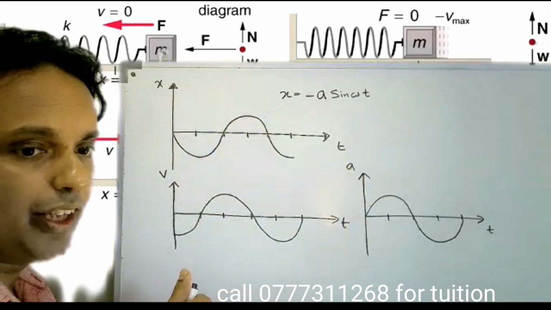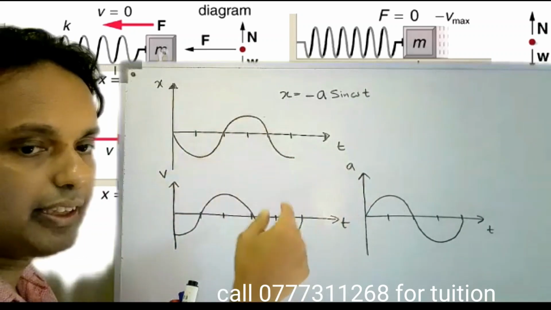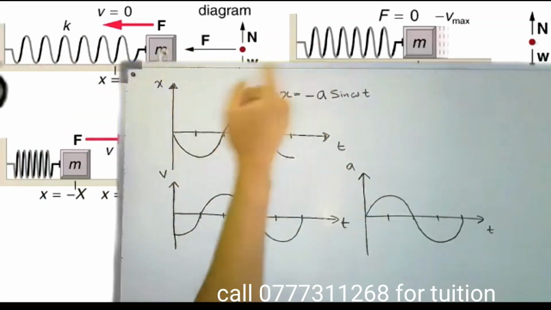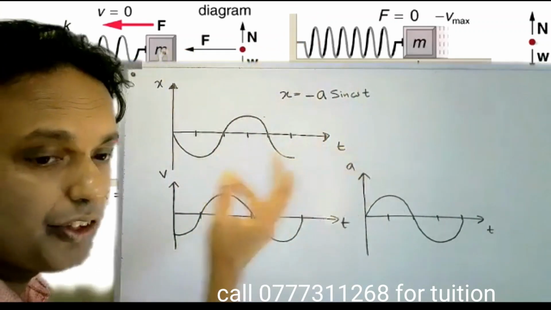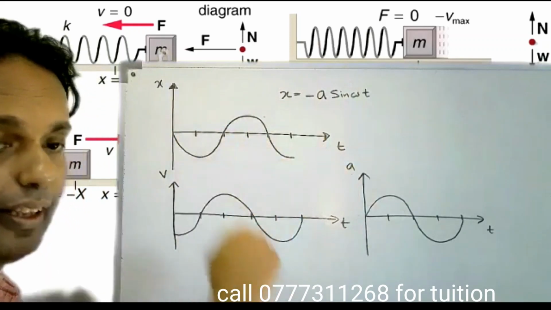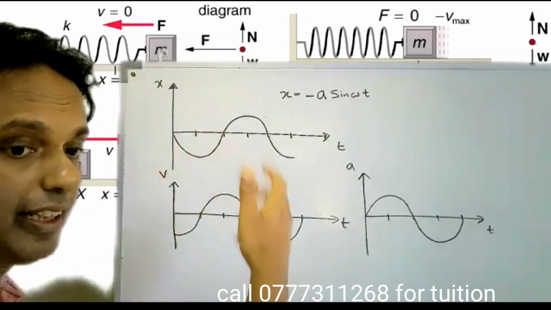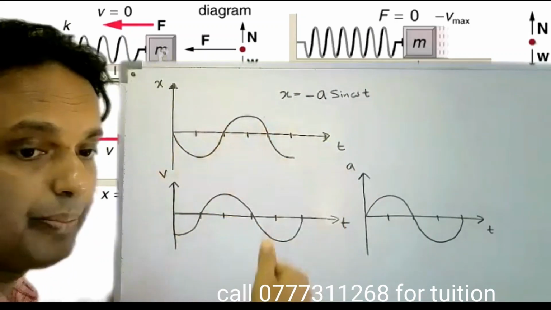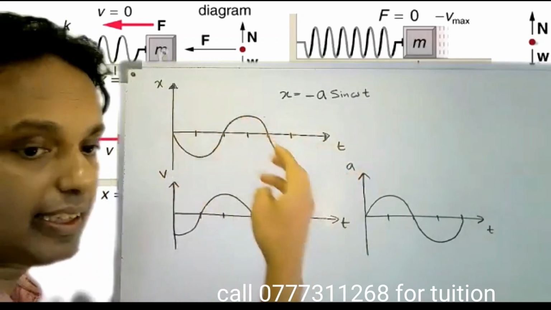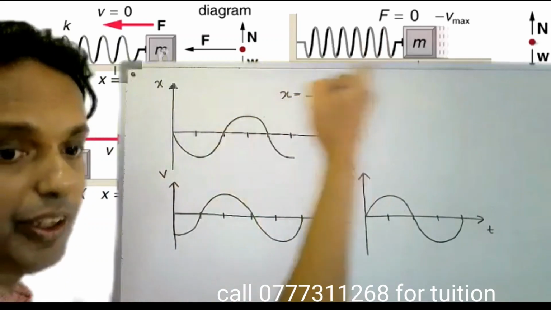But avoid saying center, because center is there for a circle. In simple harmonic motion, it's like that. If you say center of oscillation, it is correct, but avoid saying center. So the better way is this definition of simple harmonic motion: acceleration is directly proportional to negative displacement and it's directed toward the fixed point.